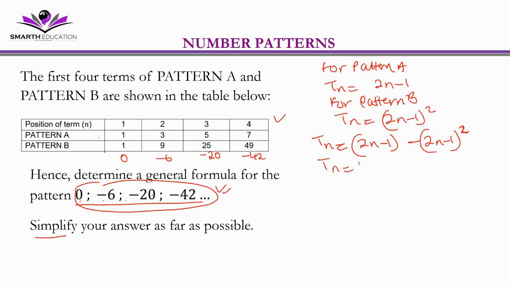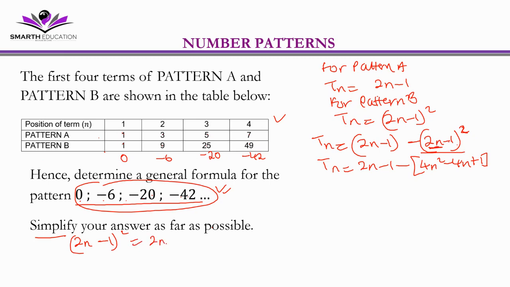Tn is equal to 2n minus 1, then minus, this is a square binomial, so we square 2n, becomes 4n squared. Then say 2 times 2n times -1, that's -4n. And then we square the 1, so always positive 1, okay? Like I usually say,